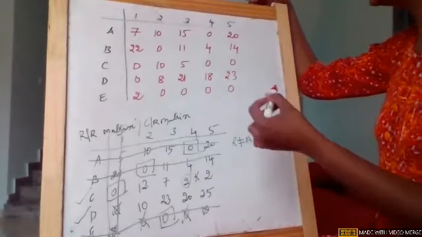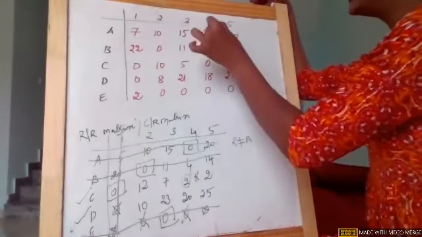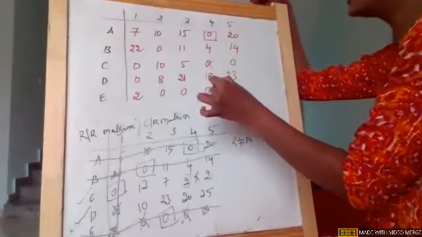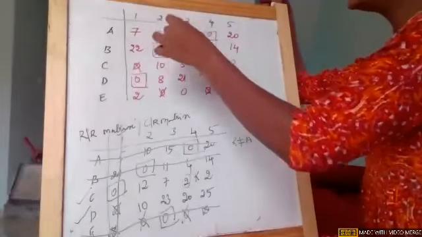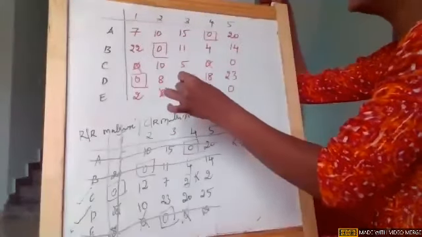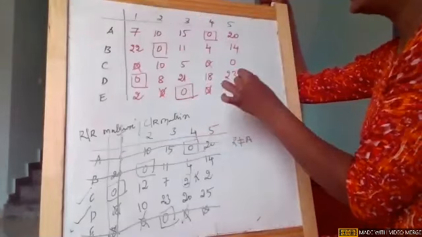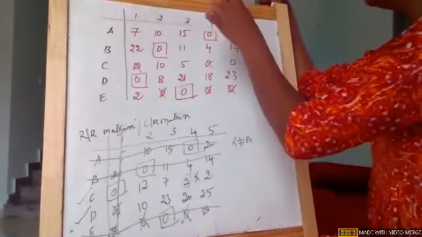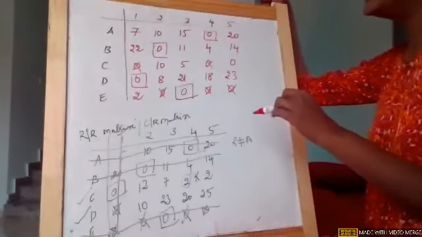Okay, so after this again start making assignments. First row single 0, make an assignment and the corresponding column zeros cross them. Second row single 0, make an assignment and the corresponding zeros cross them. Third row there are multiple zeros. Fourth row single 0, make an assignment and cross the corresponding column zeros. And fifth row I can't, multiple zeros. Now come column wise. First column is done, second column is done, third column single 0, make an assignment and cross the corresponding column zeros. Fourth, so with this one iteration is done.